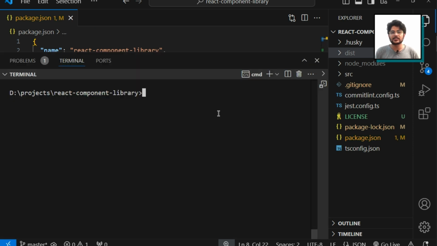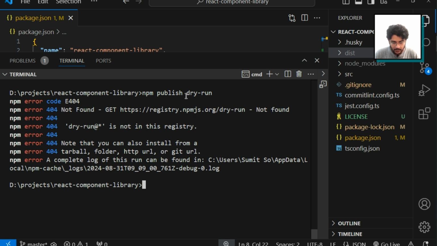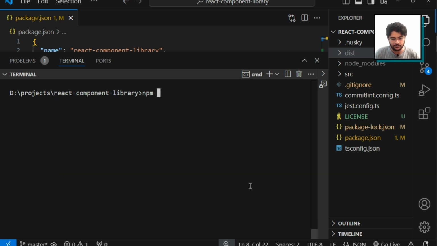Now, before publishing, what I want to do is to run this command, npm publish dry run. This command will tell you which files will be uploaded on npm. So when I run this command, I'm getting some error. I think I'm using the wrong command. It should be this dry run flag. I mean, we write it like this: npm publish --dry-run. When I hit enter,